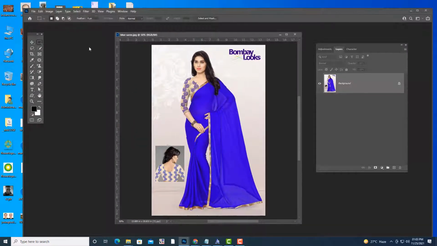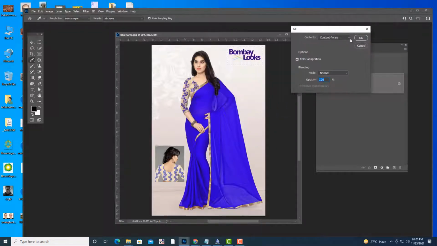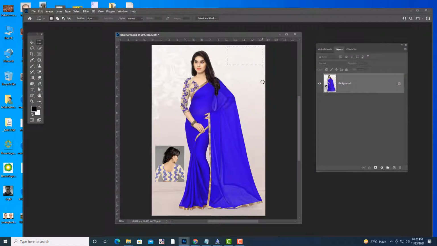So let me remove this text. Now you have to tell me how to remove this text. Content aware. This one also we have to use content aware.